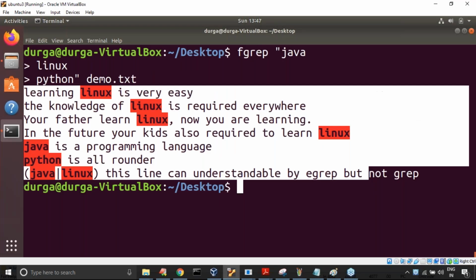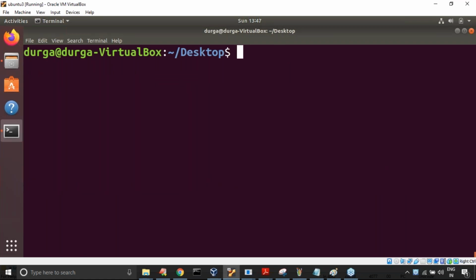Just observe here, fgrep, I'm taking the pattern caret 'the' on demo.txt, meaning starts with the word 'the'. It is never going to consider that meaning.